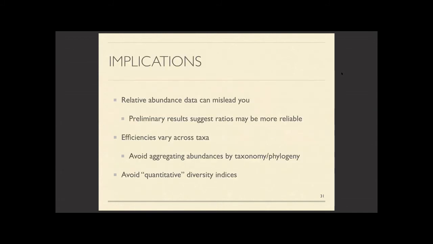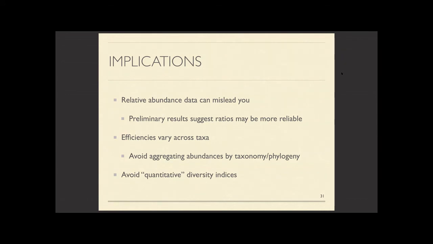Okay, so I'll wrap up with some implications to try to make time for a lot of questions. So I think the big implication is that relative abundance data can be misleading. A lot of folks think of shotgun or 16S data as compositional or relative abundance data, but in fact it's not. It's some convolution of actual relative abundance and artifacts as a result of the sequencing process, including DNA extraction, amplification, and sequencing.